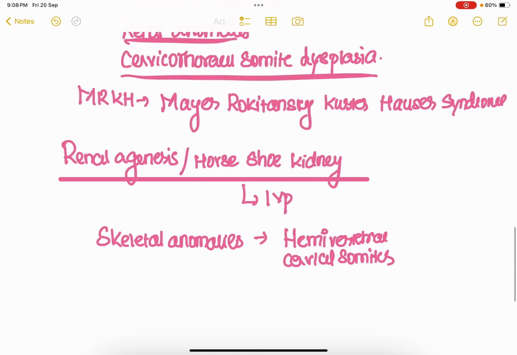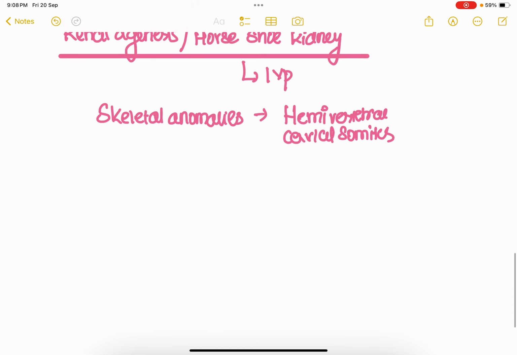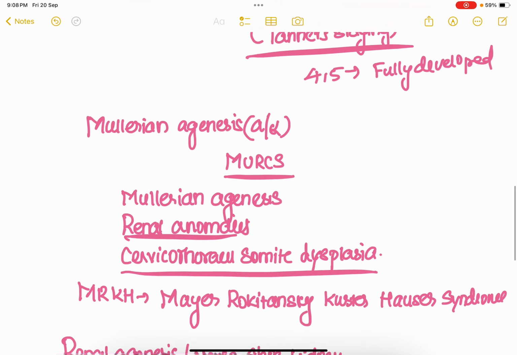So Mullerian agenesis in association with renal agenesis and skeletal anomalies is termed Mayer-Rokitansky-Kuster-Hauser syndrome, or MURCS association, where MU stands for Mullerian agenesis, R stands for renal anomalies, and CS stands for cervicothoracic somite dysplasia. Excellent. So now we have discussed